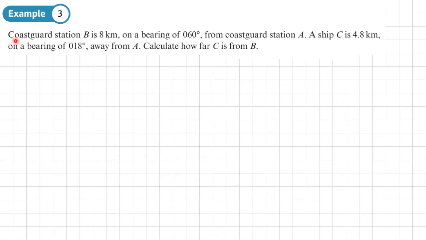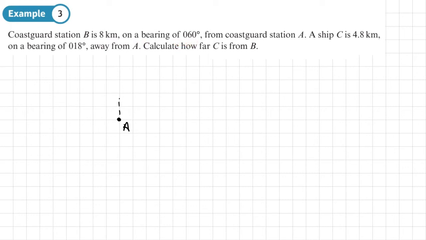Example 3. Coast Guard Station B is 8 kilometers on a bearing of 060 degrees from Coast Guard Station A. A ship C is 4.8 kilometers on a bearing of 018 degrees away from A. Calculate how far C is from B. So we definitely need a diagram here. So I think we need to start by drawing where Coast Guard Station A is. And then B is 8 kilometers away on a bearing of 060